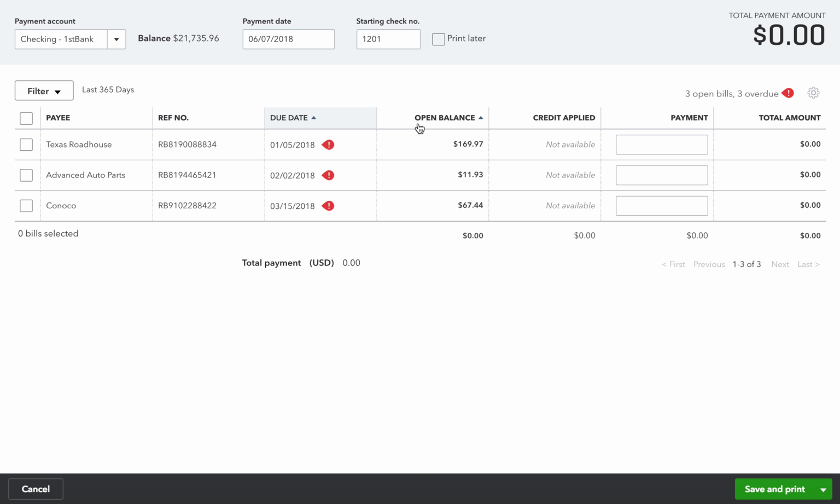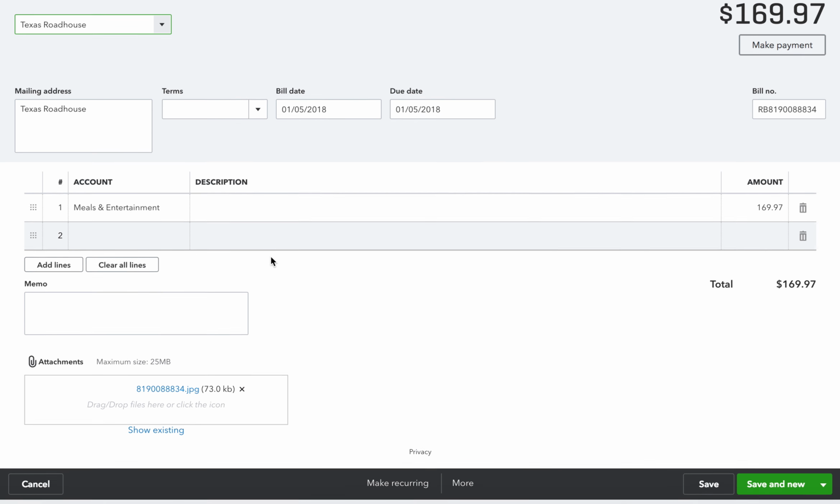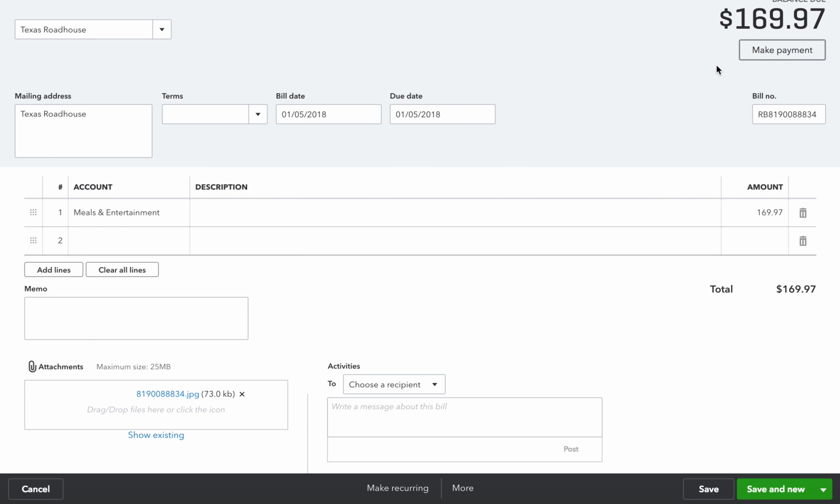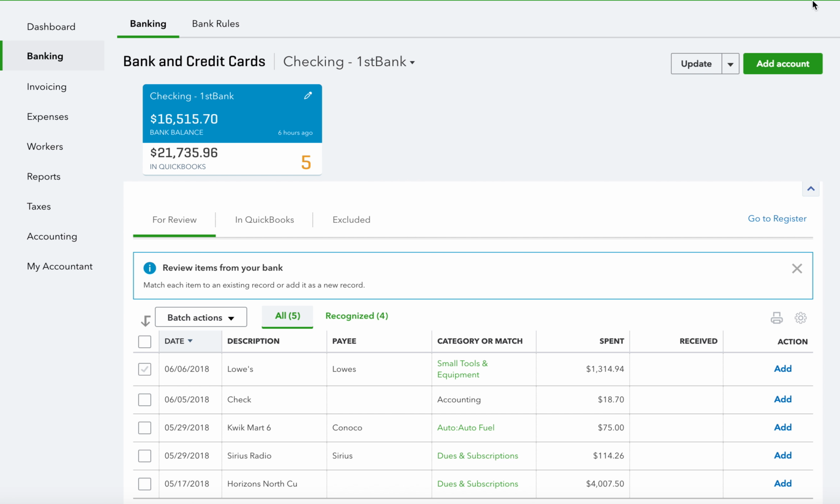So let's see if it works out right on this one, and we'll go from there. What happens is these will sit here, and we need to fine tune what they actually are. My first order of business would be to go into the actual bill and look at the receipt. The receipt does say $169.97, and it says 1/5 of 18. So then we get back over here, X out of it,